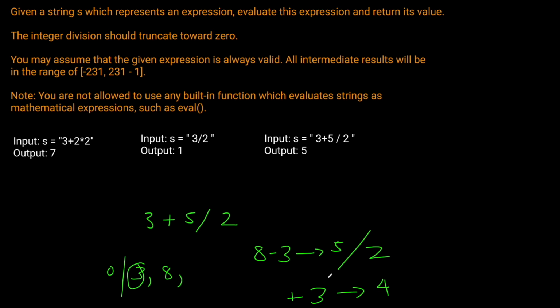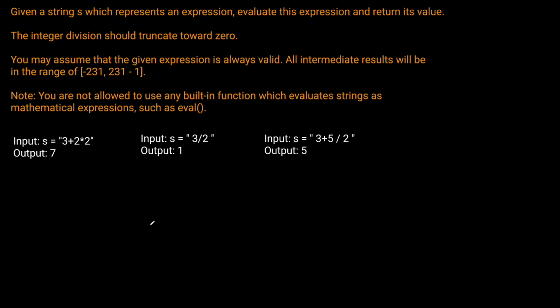And we're going to do the same thing for multiplication. We need to undo that last operation. So for example, let's just erase everything here. If we have 3 plus 2